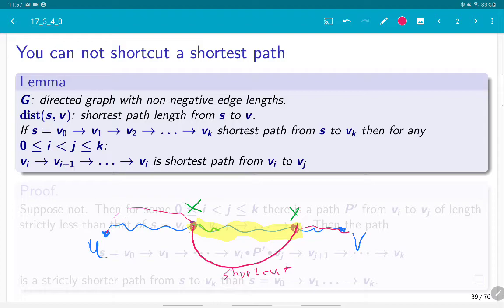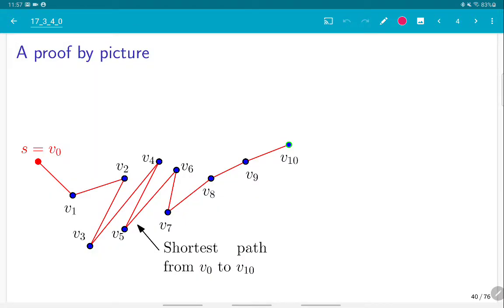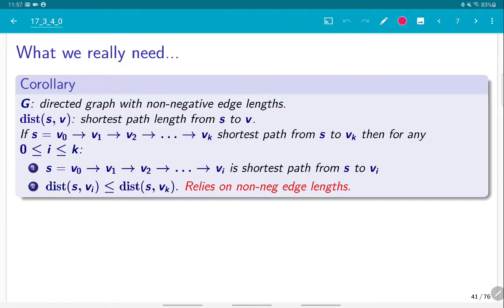So this behavior of shortest paths, that any subpath of them is also a shortest path, is an extremely powerful property. Here's the proof in words, but it's completely useless in my opinion. Here is another drawing of the proof if you want it more nicely drawn, just repeating the same argument I just made. For our purposes, to prove the algorithm and develop the algorithm, we need a slightly weaker property,